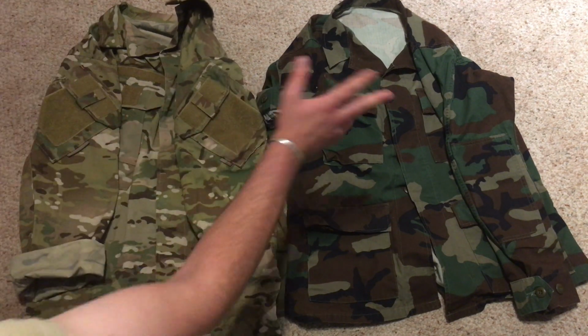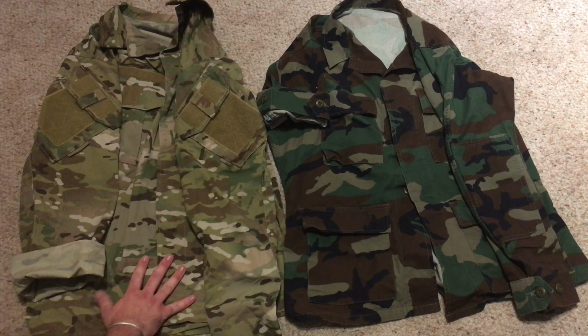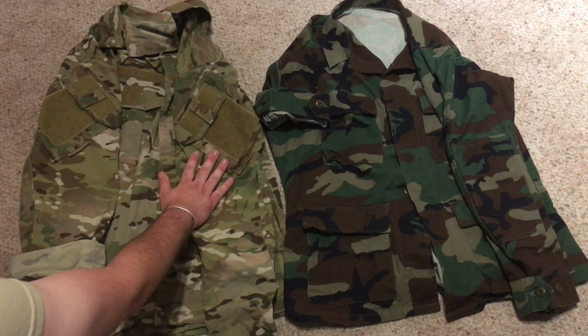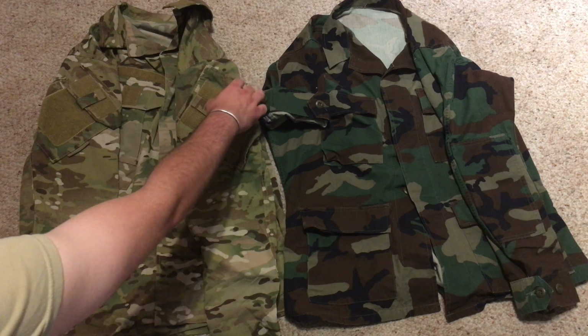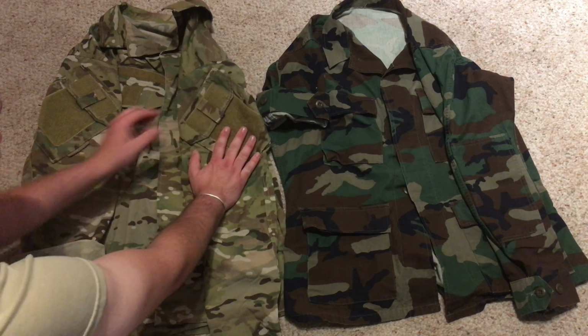The shoulder pockets. The BDU obviously has no shoulder pockets. They do have waist pockets, though. This uniform has no waist pockets. This pocket is very, very innovative in the fact that it has two different compartments. It is accordion bellowed along the bottom and along the back side, but the front is just seamed. The flap, once again,